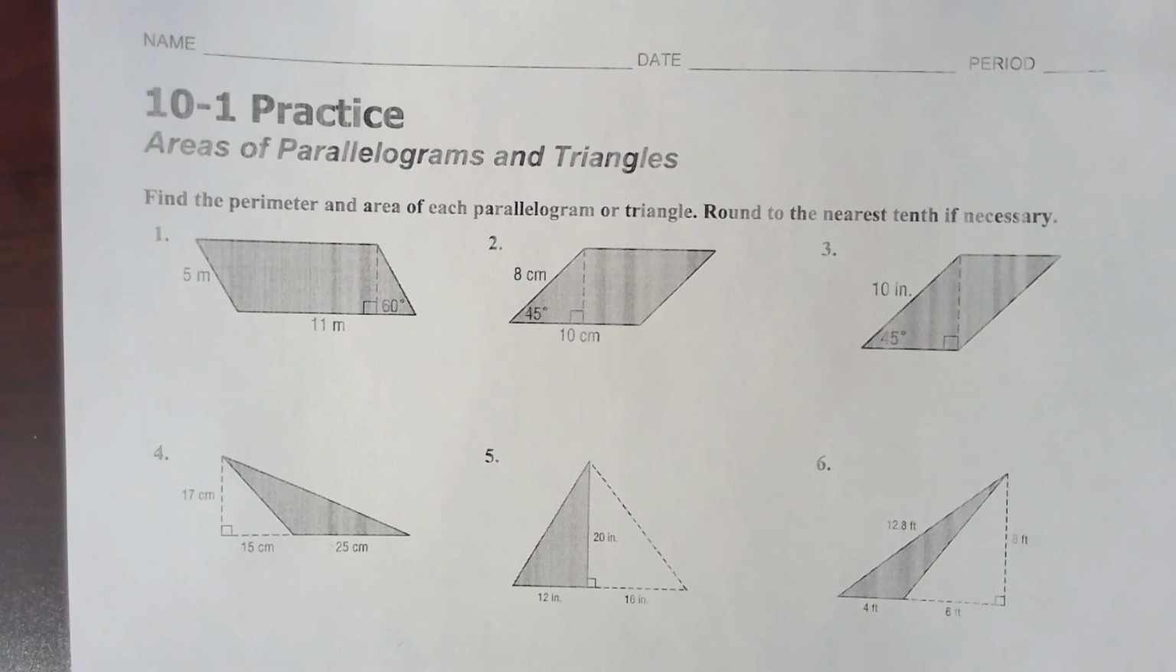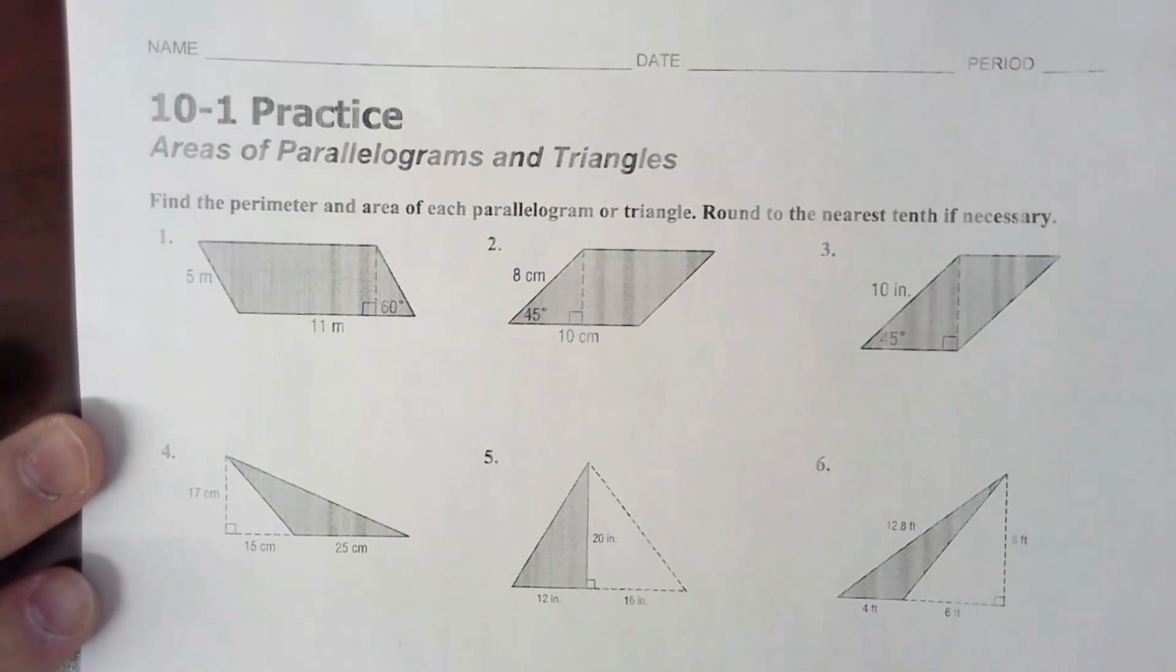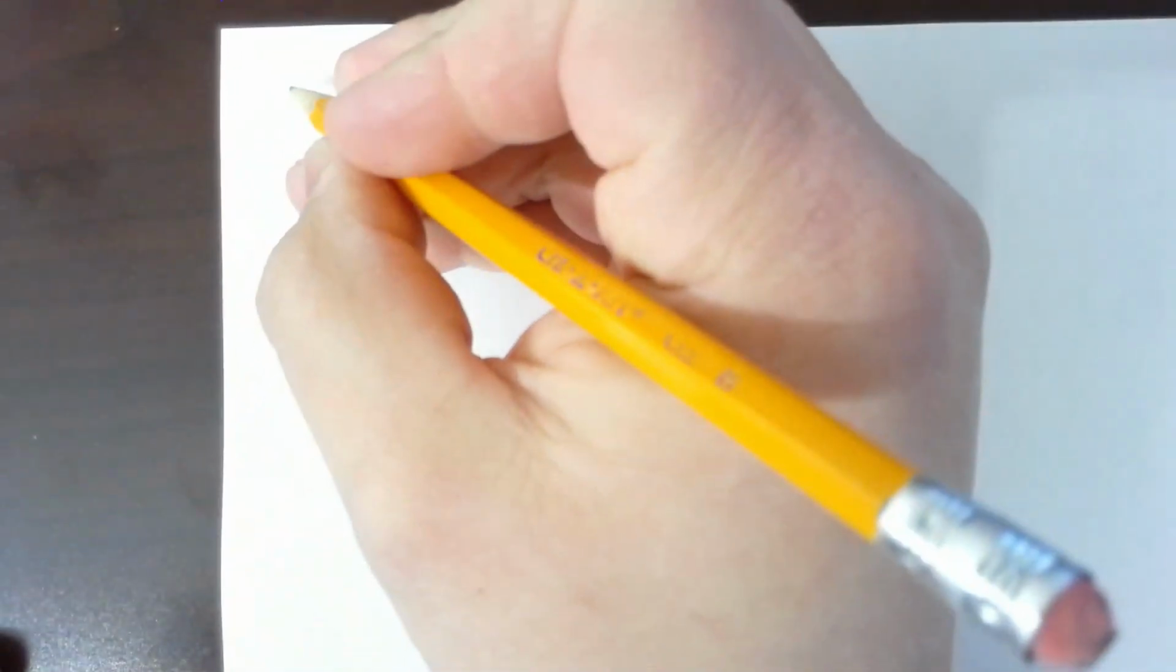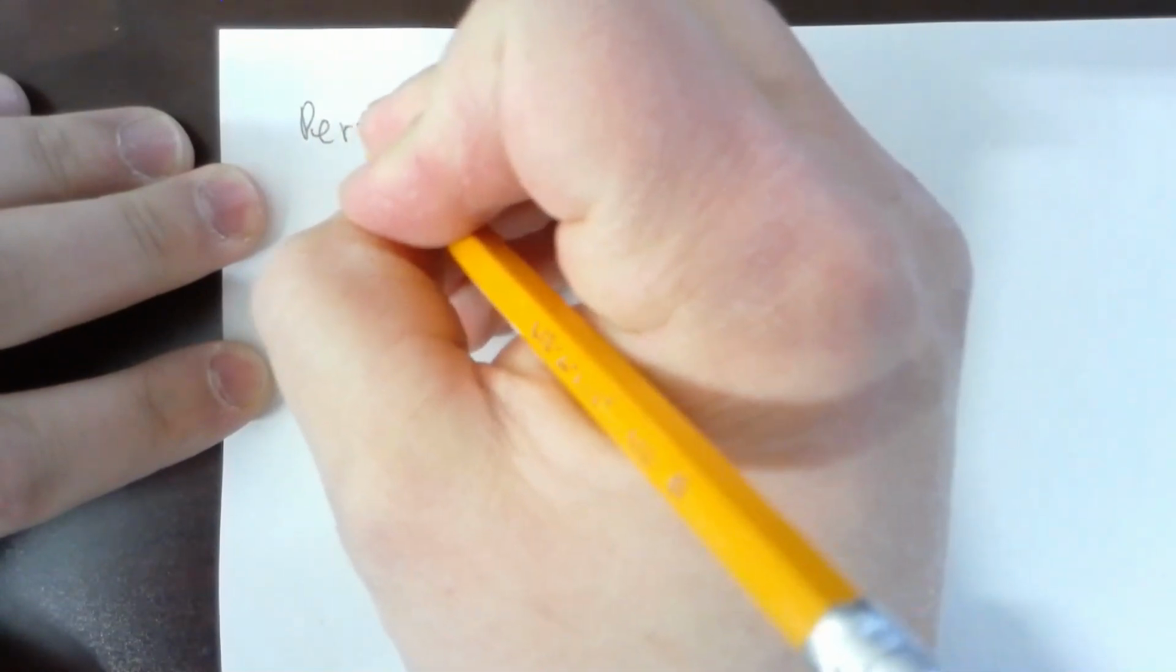But we are going into chapter 10, which is on area and surface area as well. And so we're going to try to tackle areas of parallelograms and triangles in this worksheet. There's a couple things that I want to tell you before we actually get started on this, because they're going to come up a couple times during this assignment. They're going to ask you about perimeter,